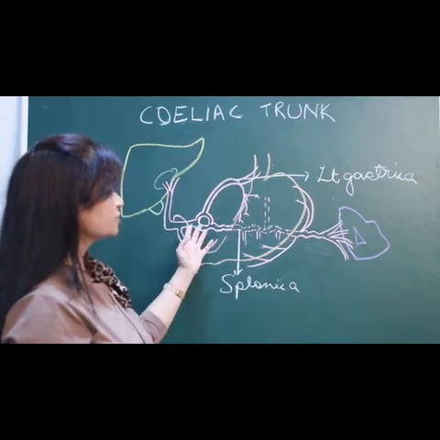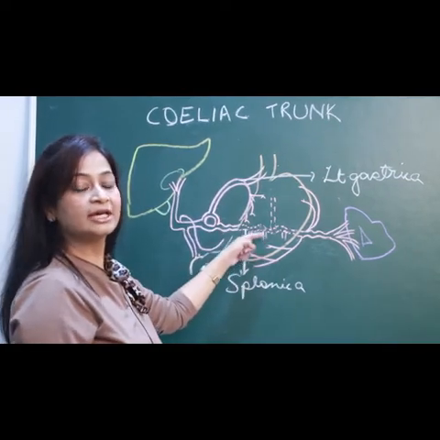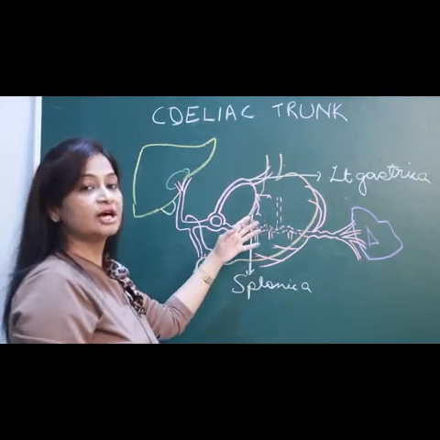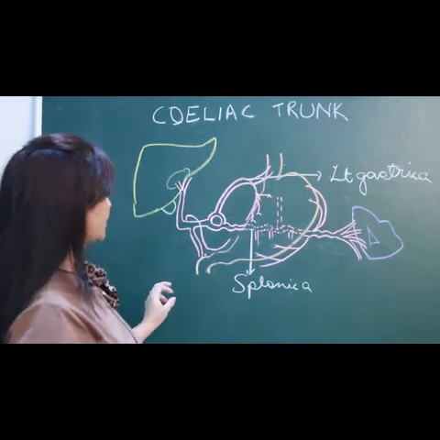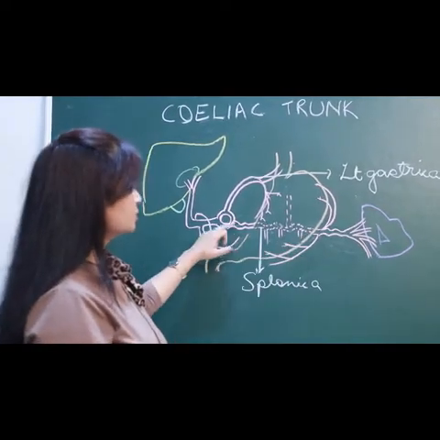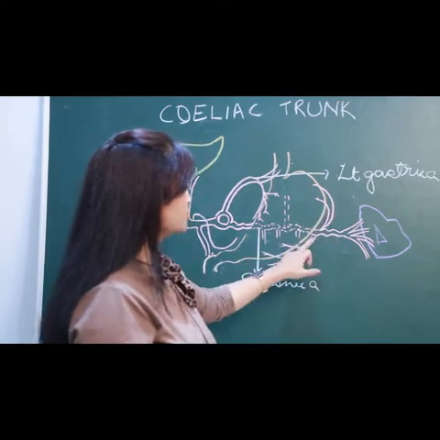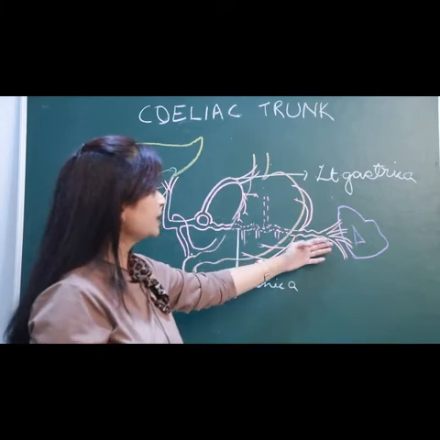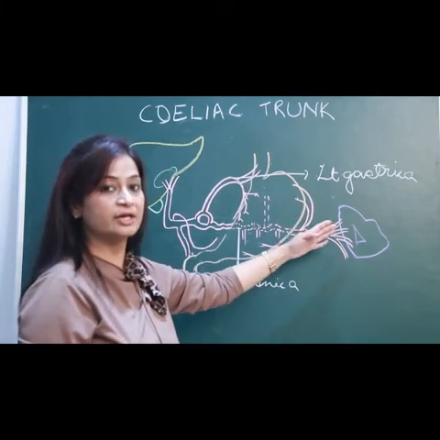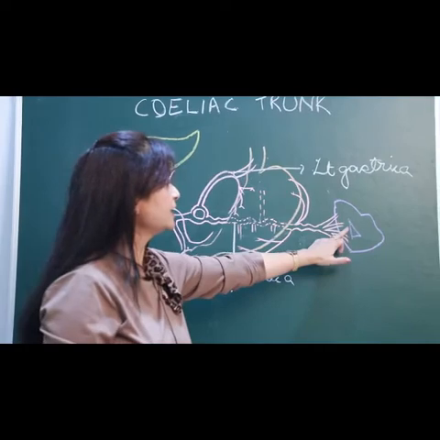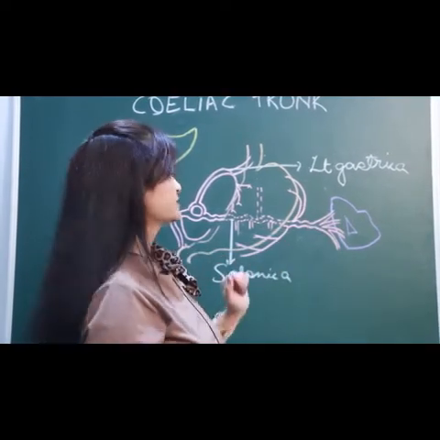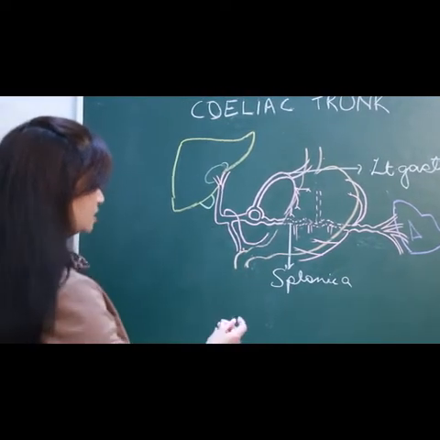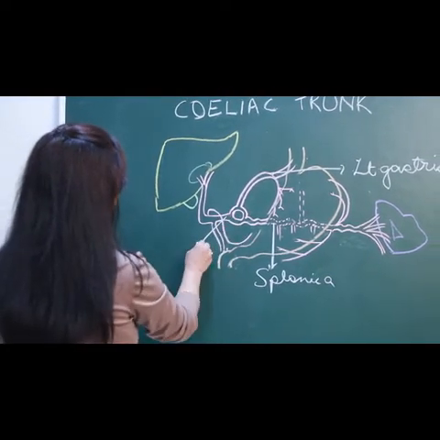So along with the branches of the celiac trunk, we are also looking at the blood supply of the stomach, and remember various regions and which arteries are supplying them. Okay, now this was all about the splenic artery. Now after it gives off these branches and before it enters the hilum of the spleen, it will divide into 5 to 6 trabecular branches, and these trabecular branches will then enter through the hilum into the spleen. Okay, now the last branch of the celiac trunk is this, that is the common hepatic artery.